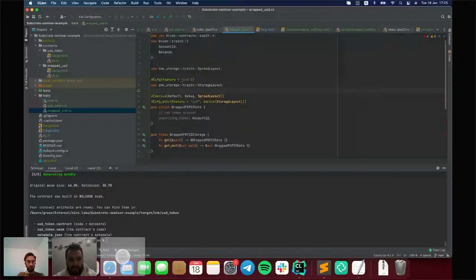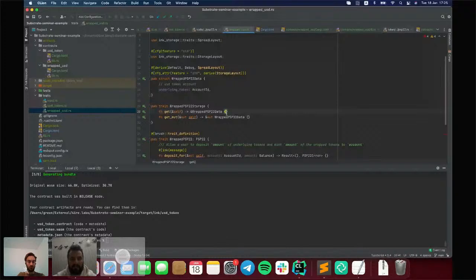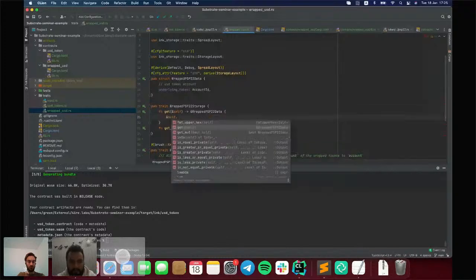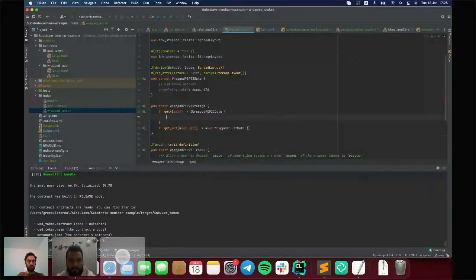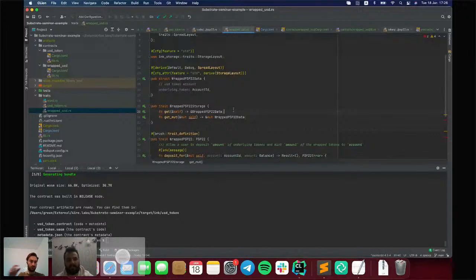We can derive the implementation for the traits because Ink provides a derive macro for them. And here, let's return it. Yeah, it is only a trait definition, without implementation.